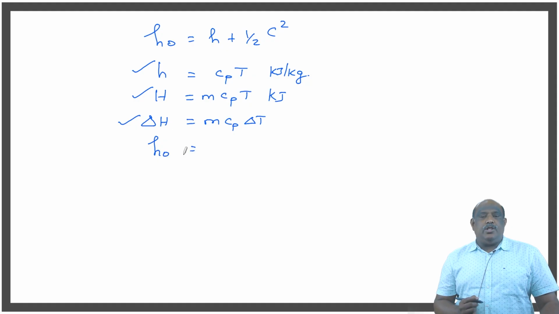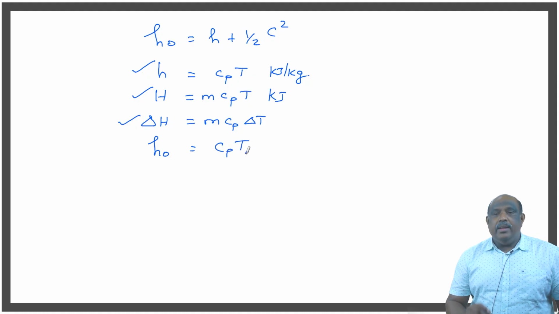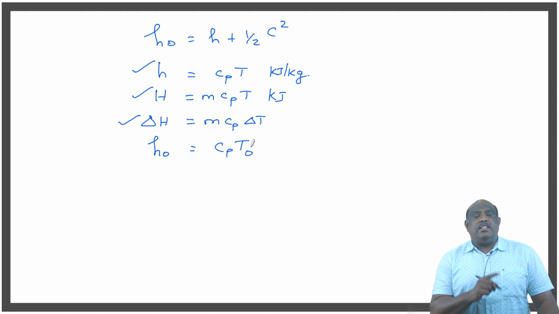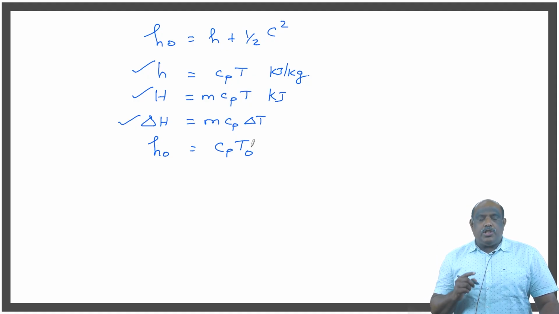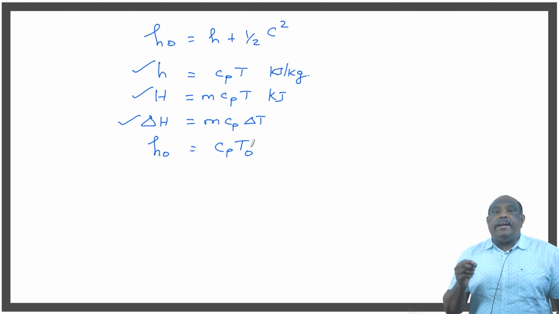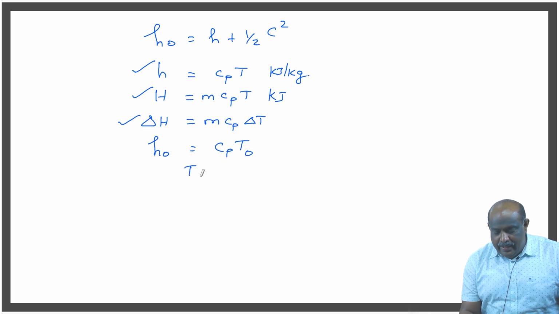As well as, what is H naught? Can you tell me the formula for H naught? Yes, you are right. It is Cp and T naught. It is not T. Since the suffix is H naught, the T should also be T naught. So H naught equals Cp into T naught, where T naught is called the stagnation